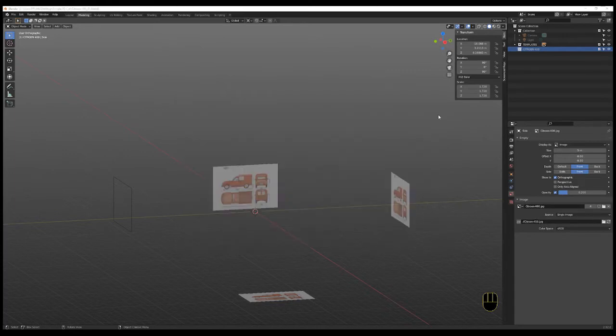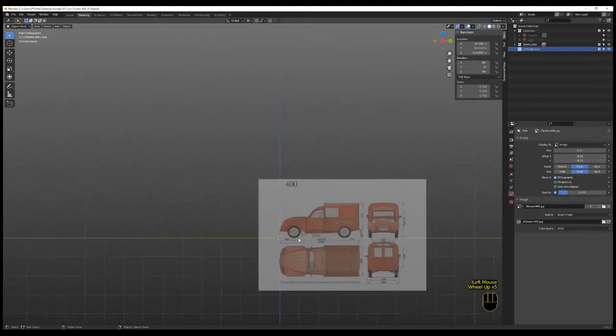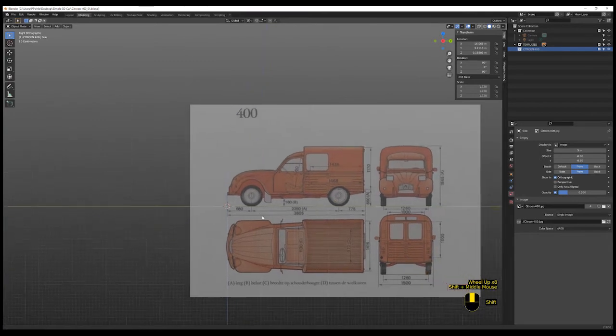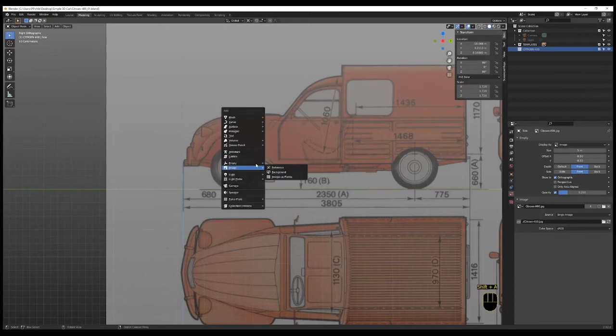So let's start with the tire modeling. I'm going to click on the x-axis, zoom in, and use the cursor in order to start with the tire. The tire is what we're going to start first. I'm going to press Shift and right mouse button. That will set the cursor where I want my tire to be created. Press Shift and A, and I'm going to add a